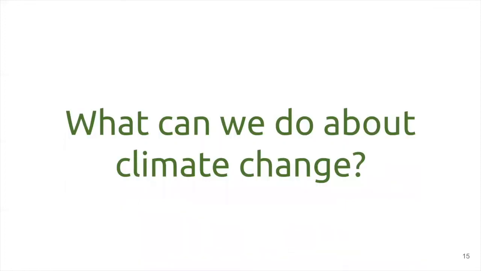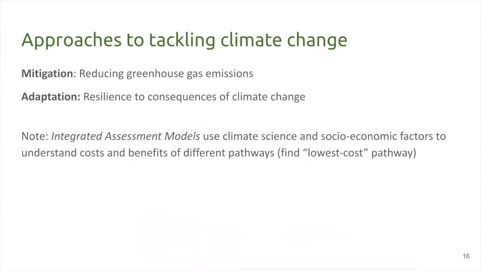All right, so doom and gloom on that last slide. Lots of impacts, emissions are rising. So what can we actually do? There are two main approaches that are often talked about when it comes to tackling climate change. One of them is climate change mitigation, which basically means reducing the extent to which climate change will actually occur. And as hinted at by the physical basis of climate change, the physics behind climate change that I talked about earlier, the way you do this is by actually reducing the amount of greenhouse gas emissions going into the atmosphere. The second approach is climate change adaptation.